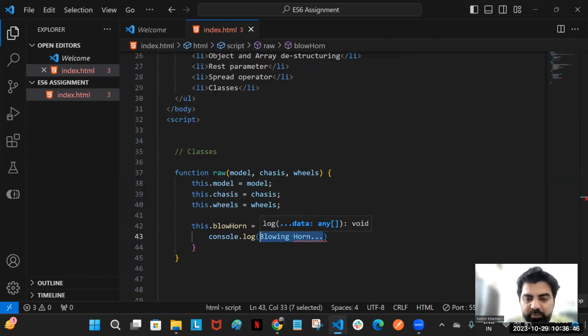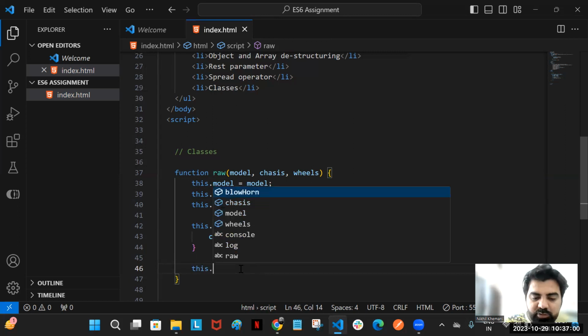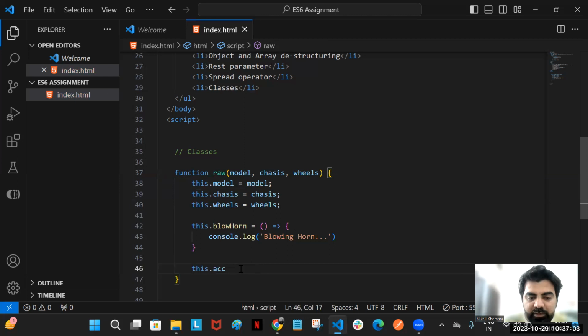I have to write it inside inverted commas, as it is a string, single or double inverted commas. This dot accelerate